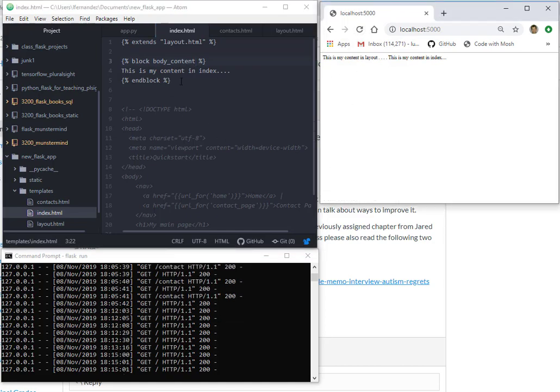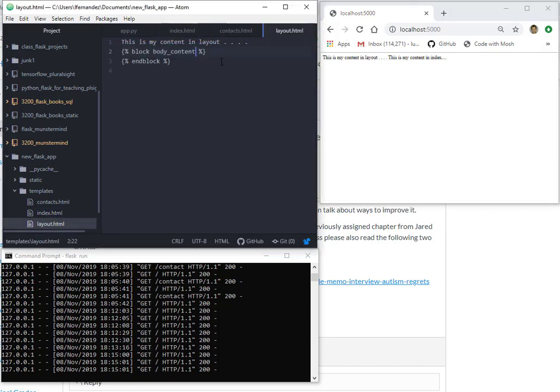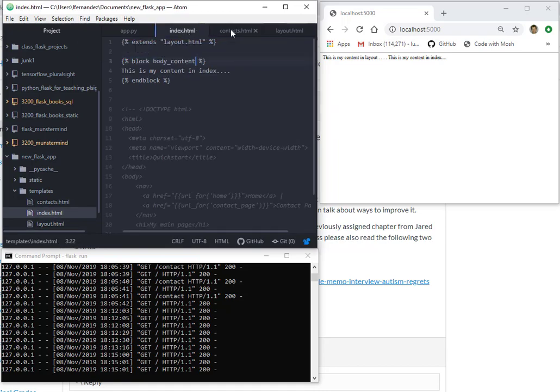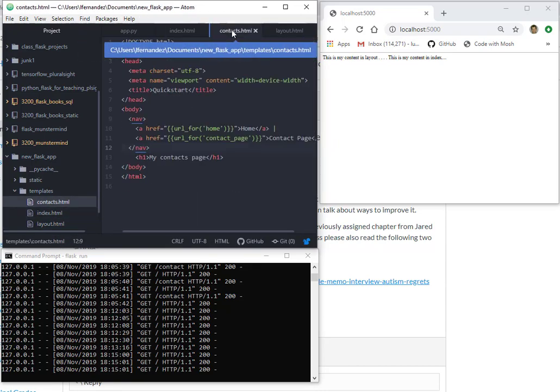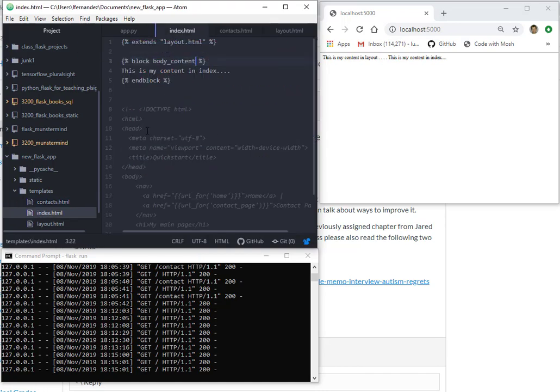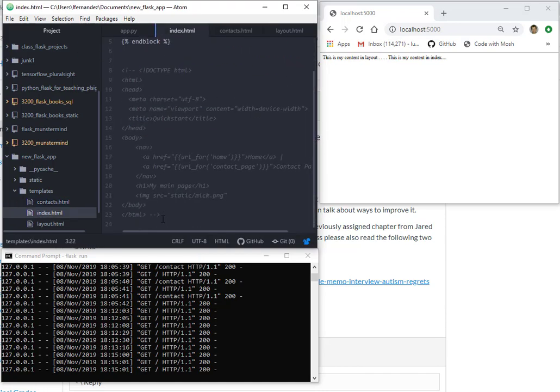So now you can use this technique, of course, to keep everything that duplicates in the layout, and everything that's specific to each of the pages, the content that's specific to the pages, just in index and contacts. So let's do that. Of course, you don't need any of this stuff except for this in the contacts page. Similarly here. So let's grab this. All of this is going to go in